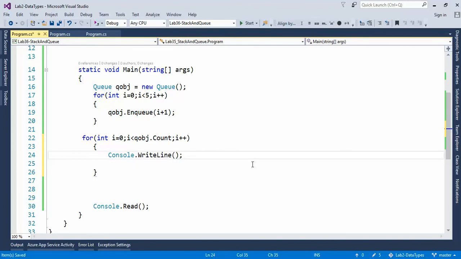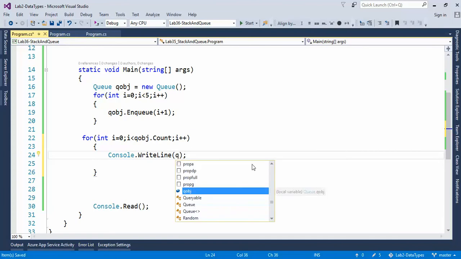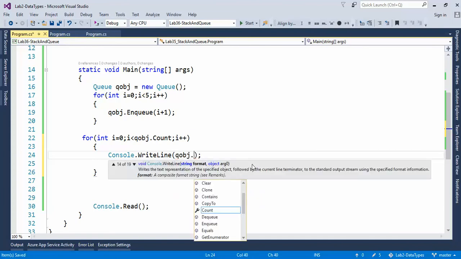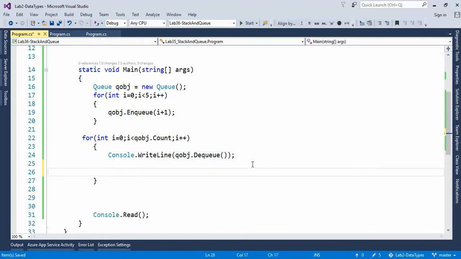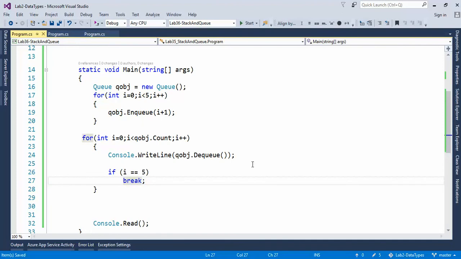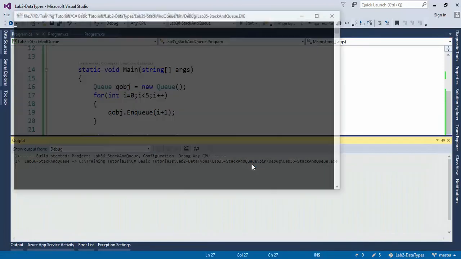So I'm using here queue object dot, I have to remove that object. Dequeue is the method. And here what I have to write: if i is equal to 5, then break this loop. And if I run this program,